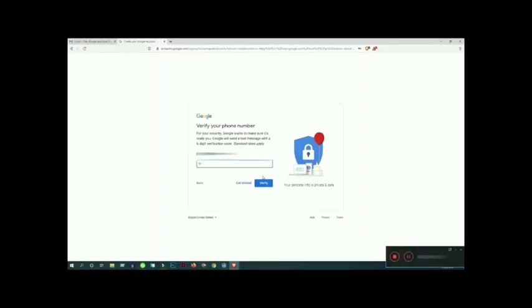The verification code is here. I'm putting my verification code. Then click on the verify button.